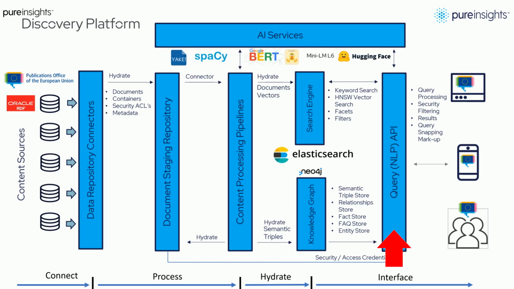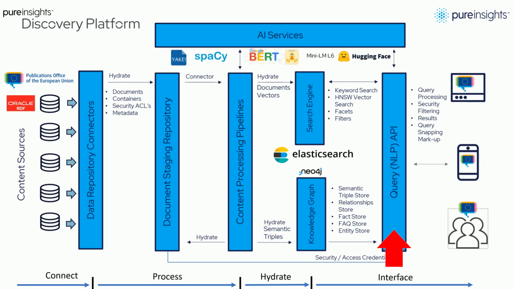And then we've got a query API, and this is where the magic really happens, or the intelligence really happens, because users' queries coming in from the outside world need to be understood by the query NLP API. Sometimes that may manifest as just a search to a search engine because it's just a set of keywords that the user has executed. It may be that the user has put a fully formed question into the system, and then we need to go down a different path and possibly add a vector search to the dense vectors capability within Elasticsearch.